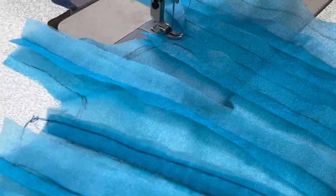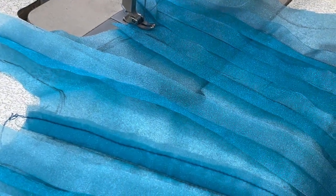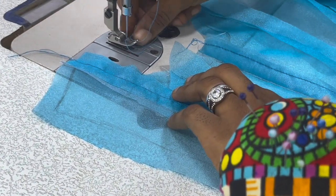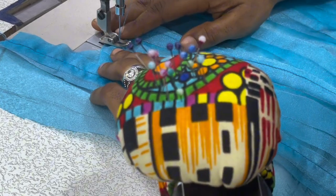So that is what I'm using here. There is no need of sewing both so that my work will not be rough. I just did it for explanation purpose. So because of that, I'm going to maintain the same thing I did here on all of them. Okay, on all of them. So I have this